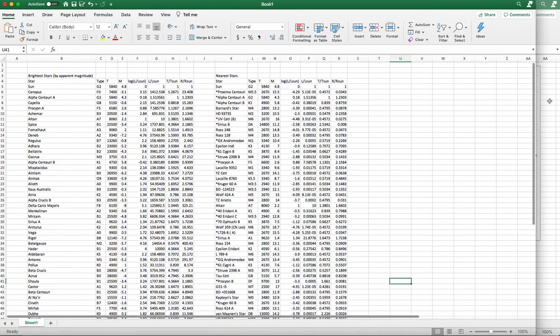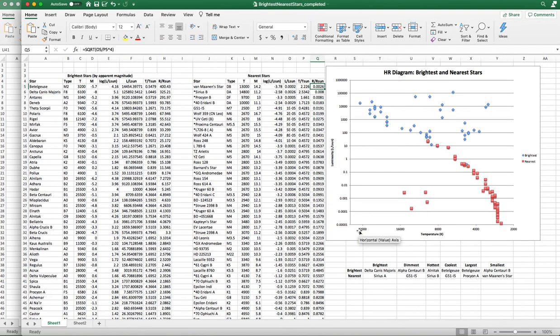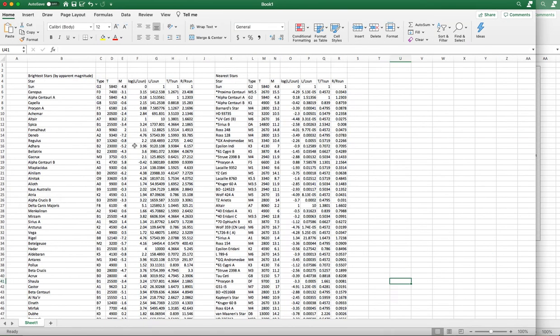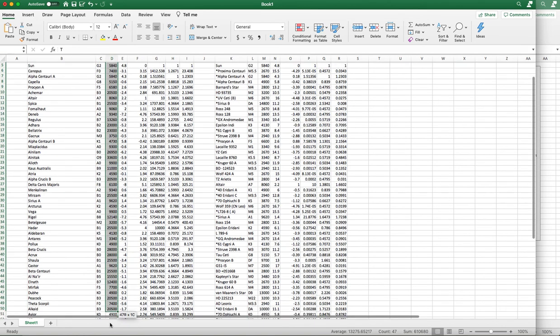We'll add the nearest to the graph. So just remember, I want temperature on the x-axis, luminosity on the y-axis. And the luminosity I want is L divided by L sun, so it's relative to the sun's luminosity. Okay, so the columns that I want are column D, with the temperature data, and L over L sun. So in order to get both of those columns together, let me highlight the first one,